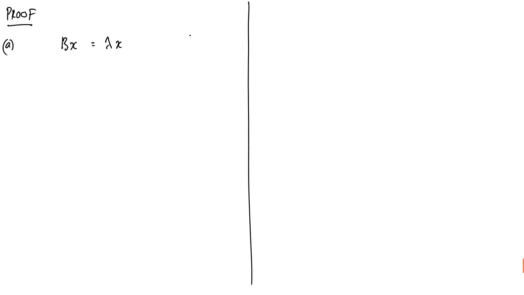Okay, and if you're looking at just one particular component, this means that the sum from j equals 1 to m of Bij xj, I'm just looking at the ith component, equals lambda xi. Alright, so if we take this expression and rearrange it slightly, lambda minus Bii,